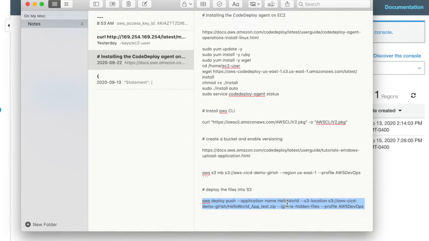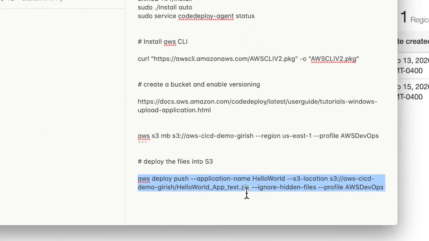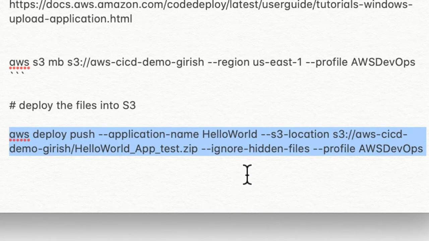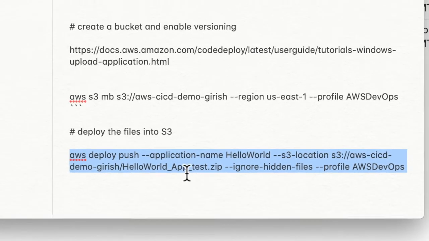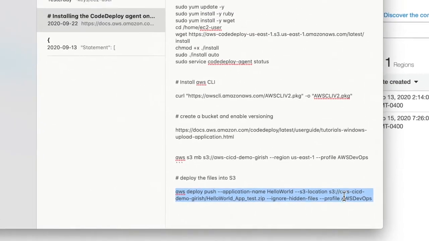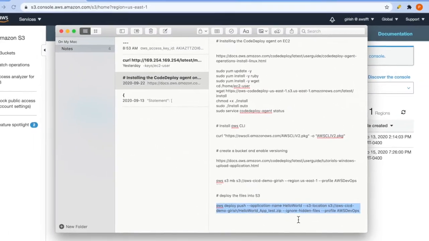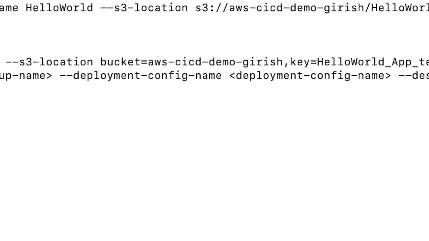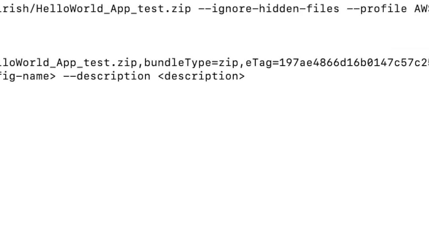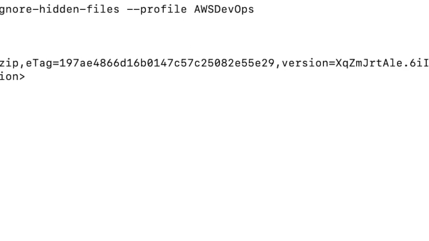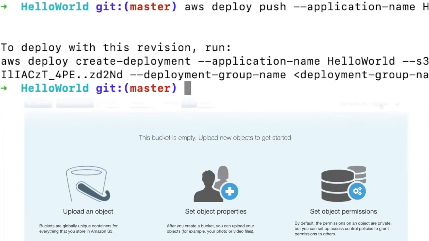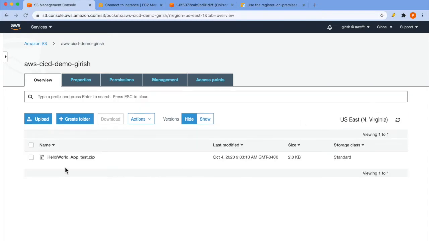Yeah, here is the command to be used to push code to S3 bucket. I have covered this in another tutorial in detail, but you can see complete command here. So run this command from your AWS CLI command line on local computer and also from directory where your code resides. Once done, zip should be created in S3 bucket and that should contain your code, which will be used for deployment. So let's verify this. Go to S3 bucket, zip file is created.